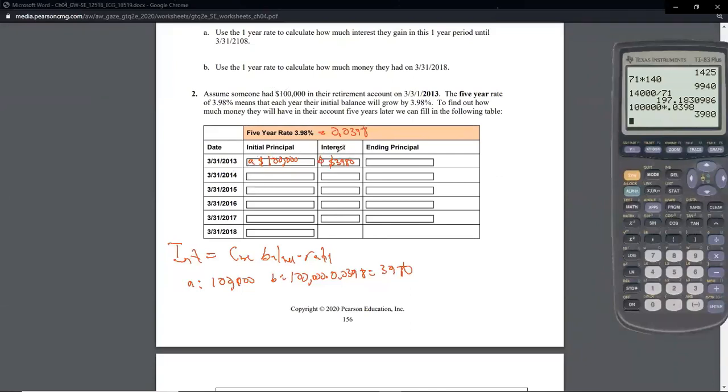So on this date, they're going to compound their interest. They're going to gain their interest. So the SunTrust or BB&T or whoever, they take this $4,000, they deposit it in their account. So how do we find the ending principal? Let's call that block C. C is going to be